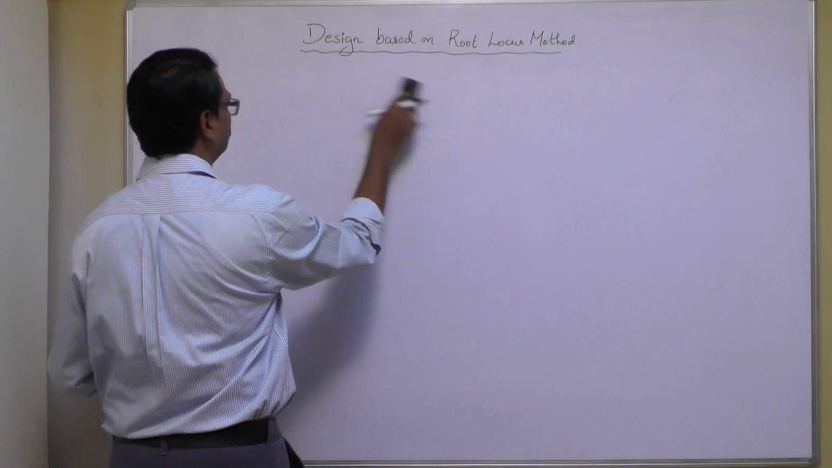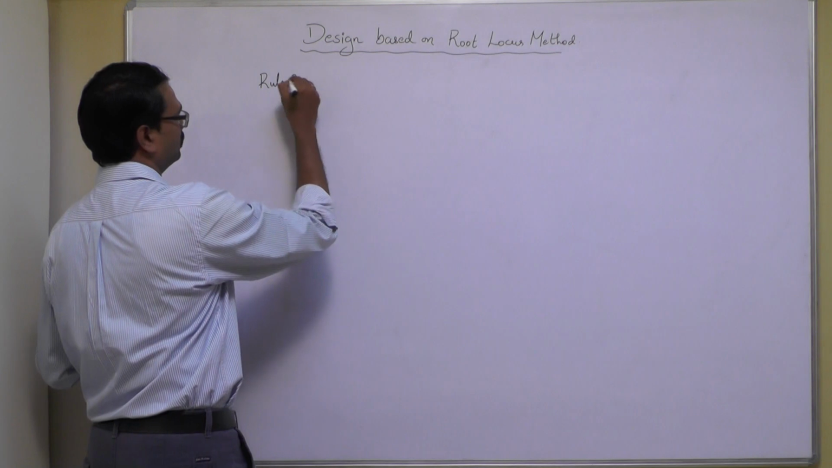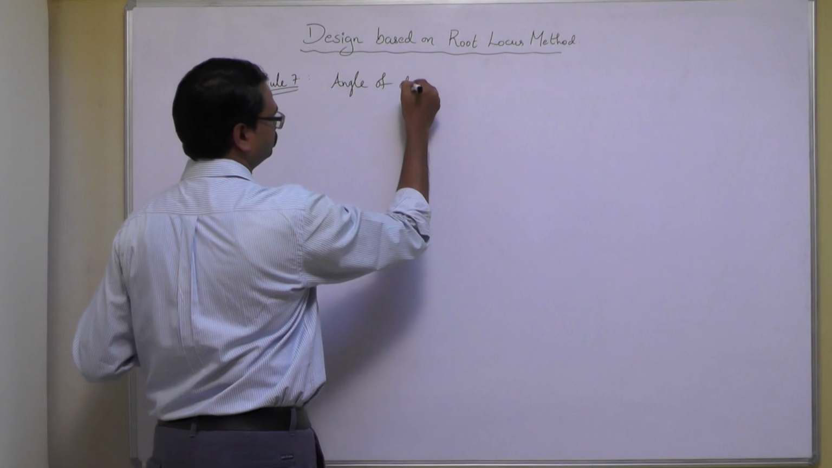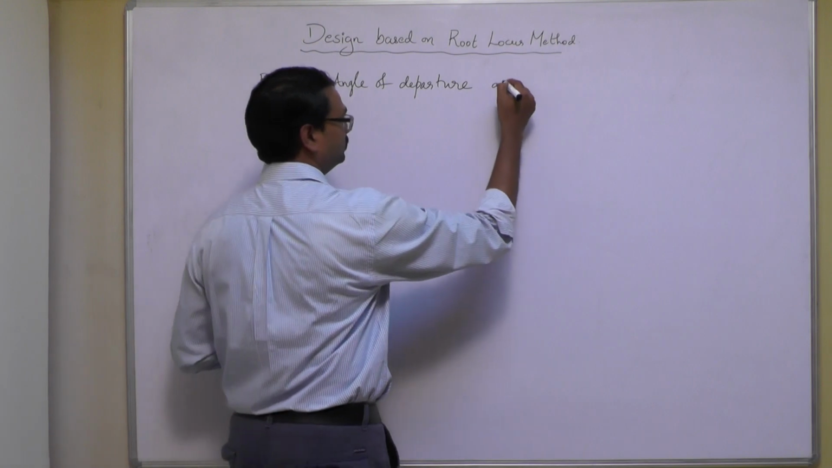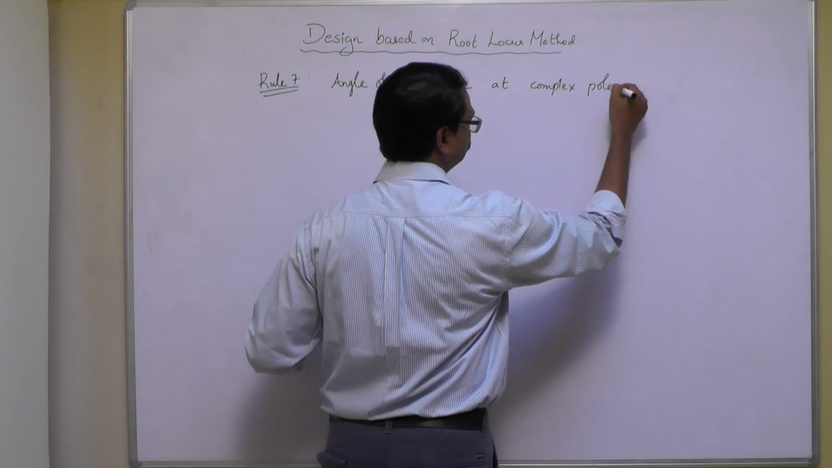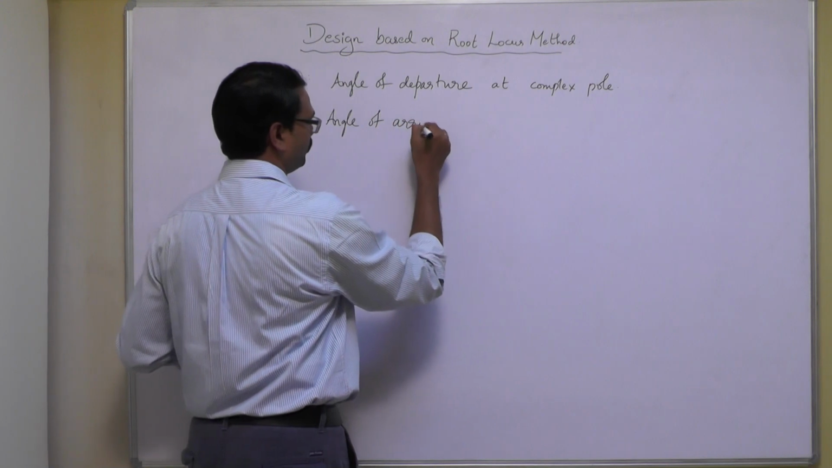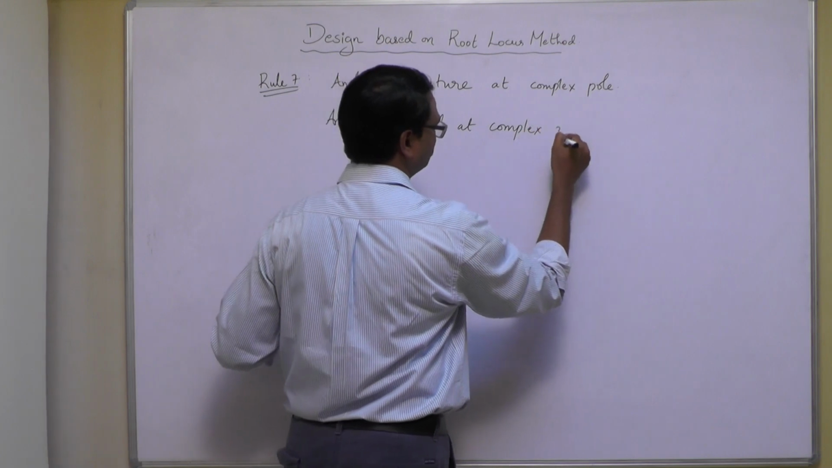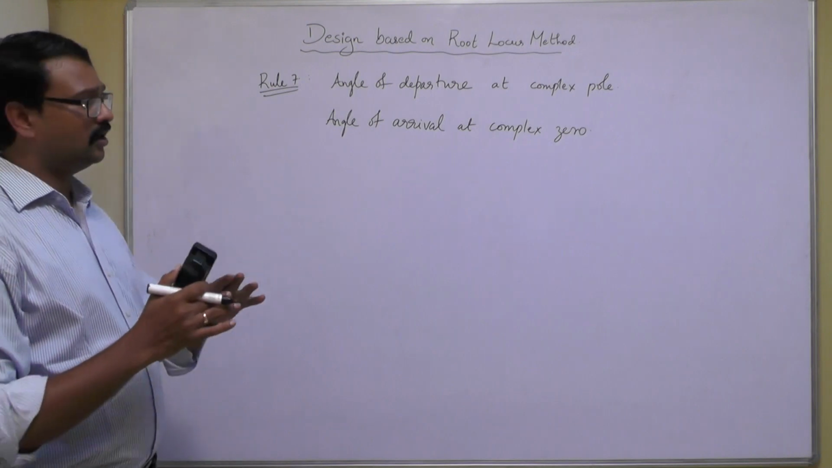Rule 7 is to find out the angle of departure and angle of arrival. Rule 7. Angle of departure at complex pole and angle of arrival at complex zero. Now let us say if the poles and zeros are not lying in the real axis, they are lying on the two-dimensional space,